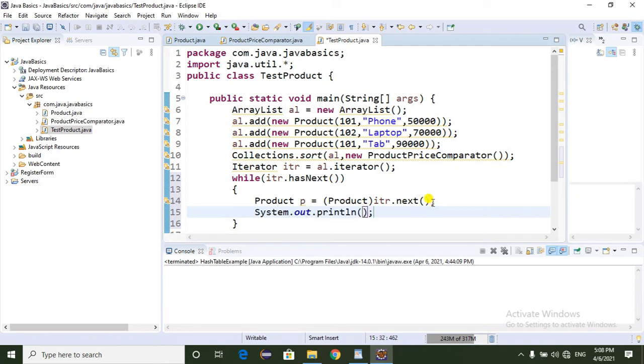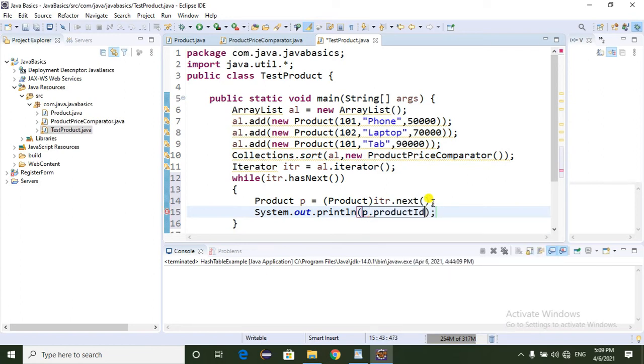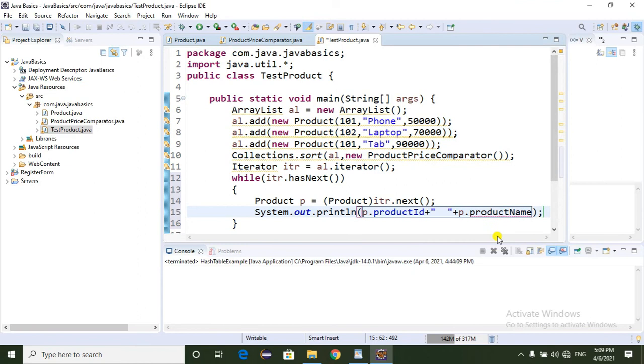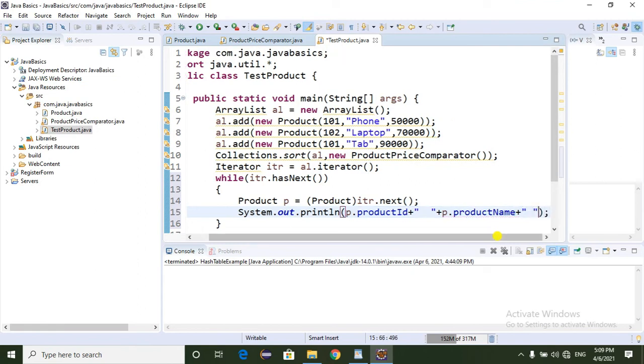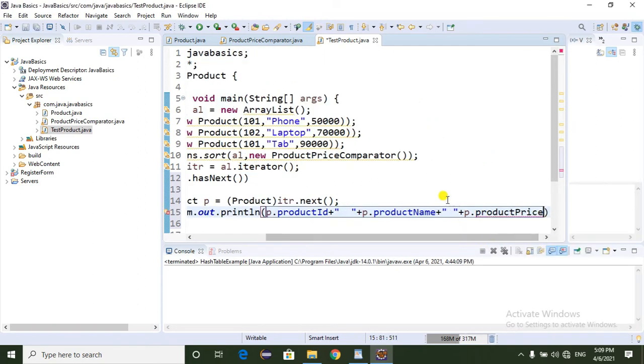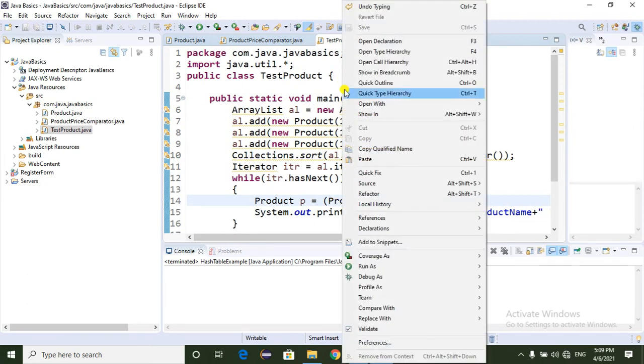System.out.println, I want to print the data: p.productId, and here I'm going to use p.productName, p.productPrice. So now I'm going to print the data.